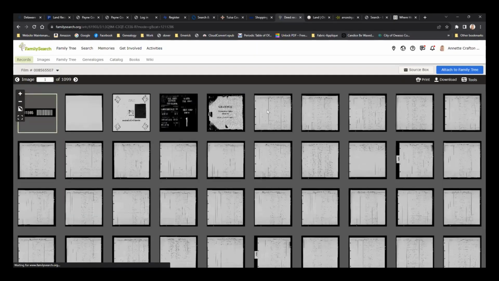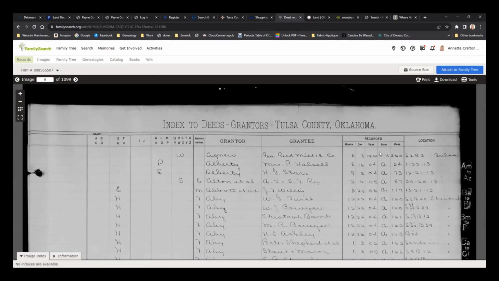Let's go back to this record here. People could sign a deed anytime and file it any time. They didn't necessarily sign it and file it the same day. So keep that in mind too.